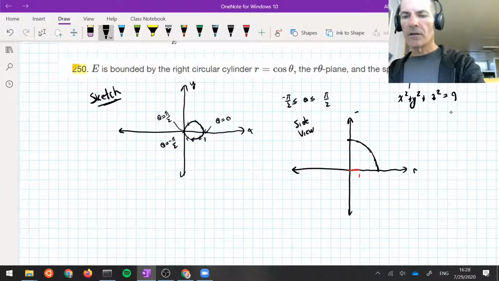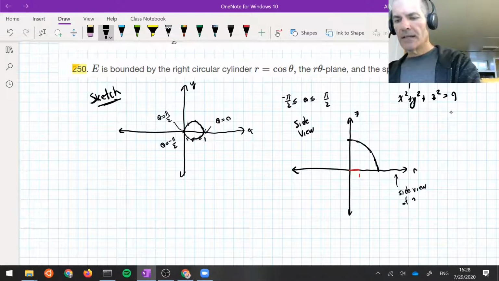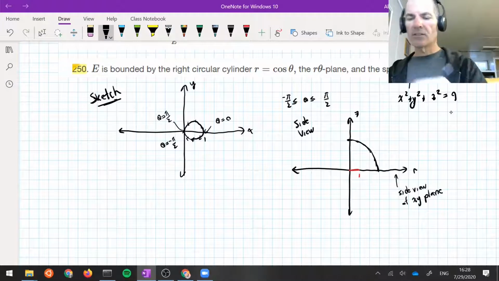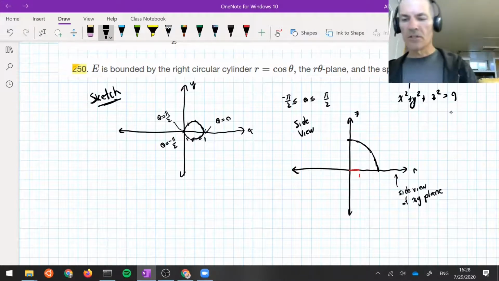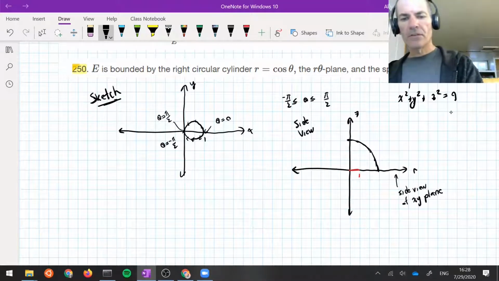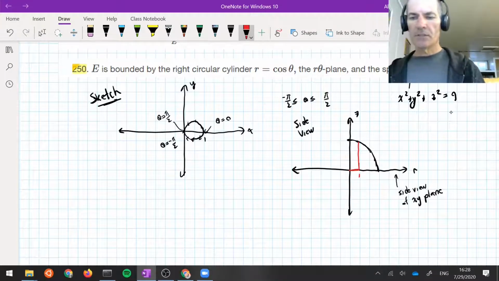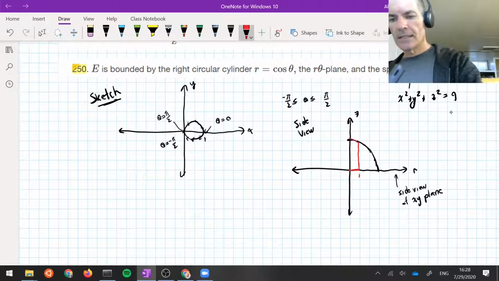In what I'll call the rz plane. So this r axis is kind of a pretend axis, but what it really is, is just the side view of the xy plane. And moving along the r axis is really just moving a distance from the origin in the xy plane. So remember that we've got this cylinder that we've generated by taking this circle and lifting it up to the surface of the sphere. Let me change this to red. Lifting it up to the surface of the sphere,